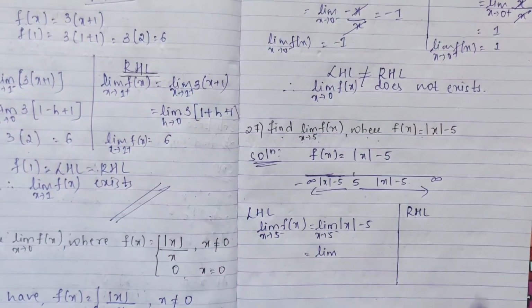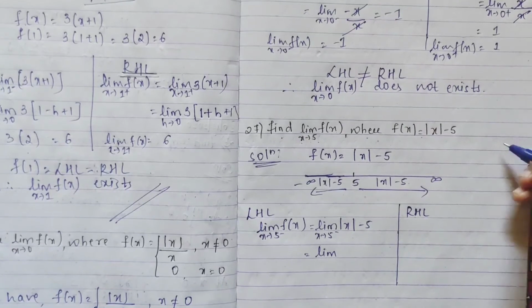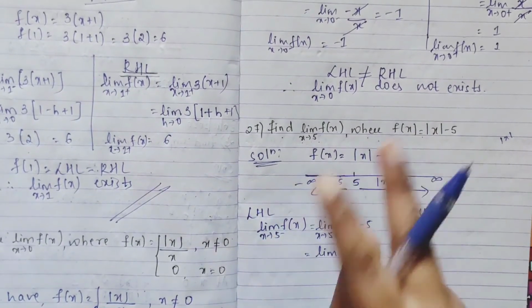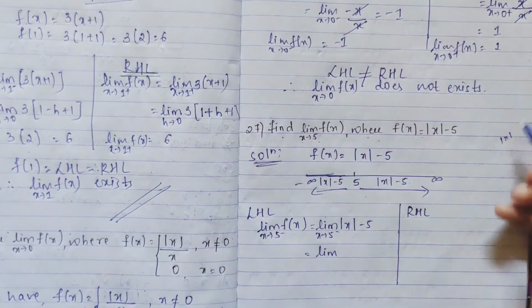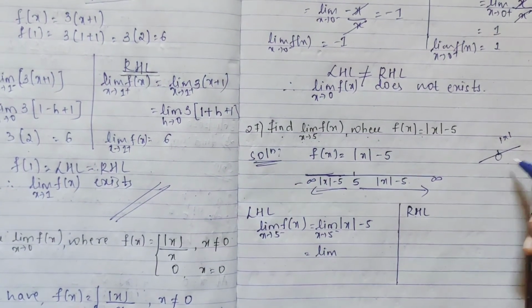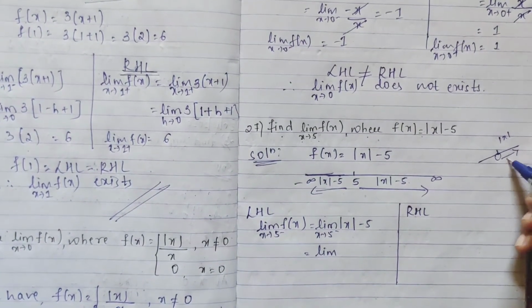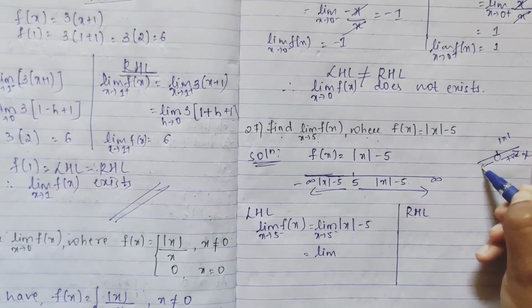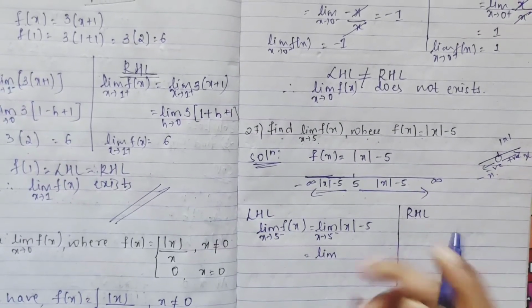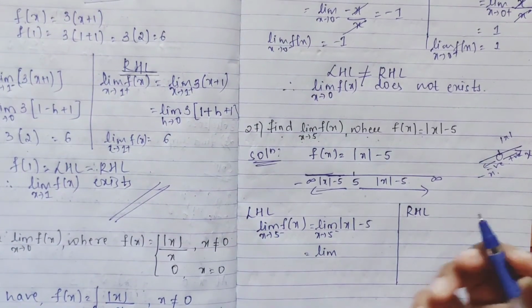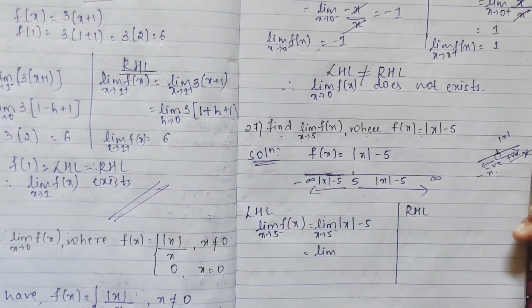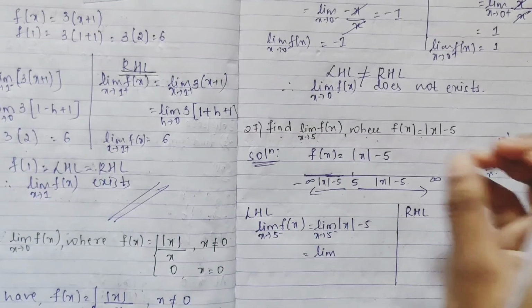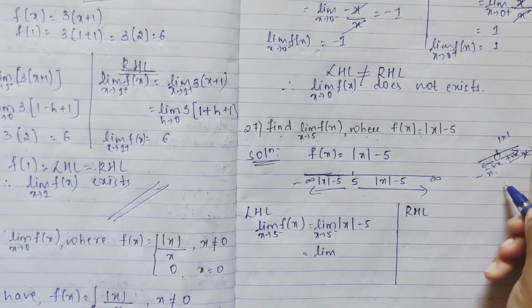But here you may ask the question that previously we had divided mod x as plus and minus. Only for 0 it was so, because when it is greater than 0 we had taken x, and when it is less than 0 we had taken minus x. But in case of 5, you see here, you had one side fully positive and one side negative, so we had broken our modulus. But in case of 5